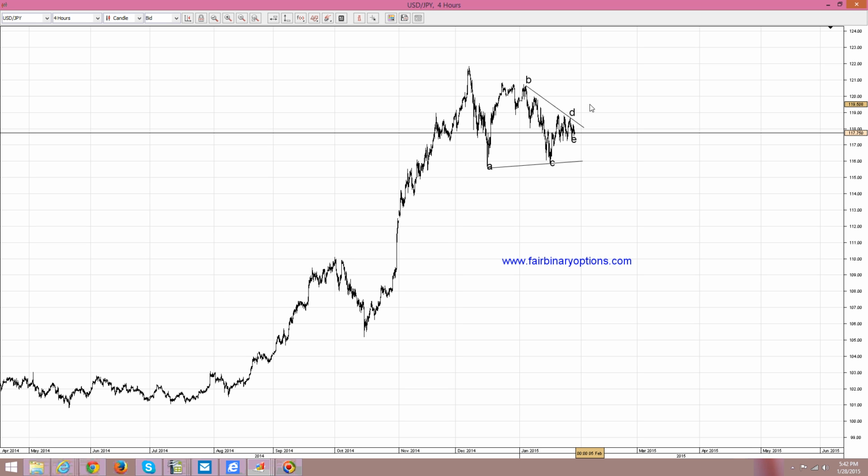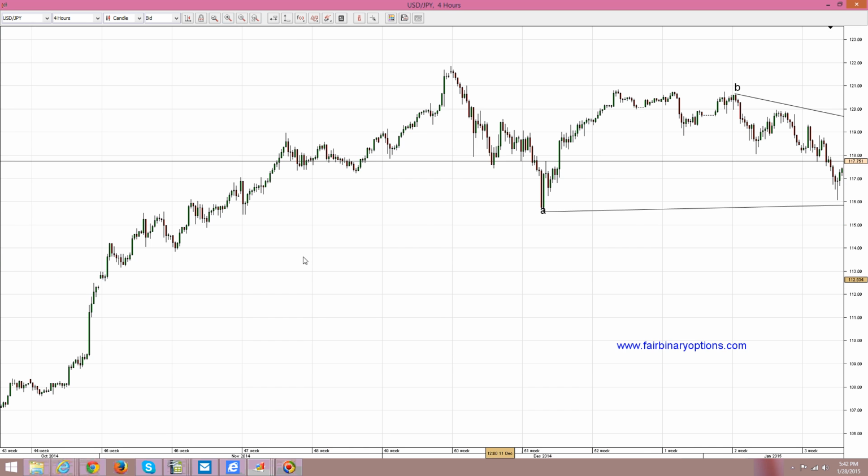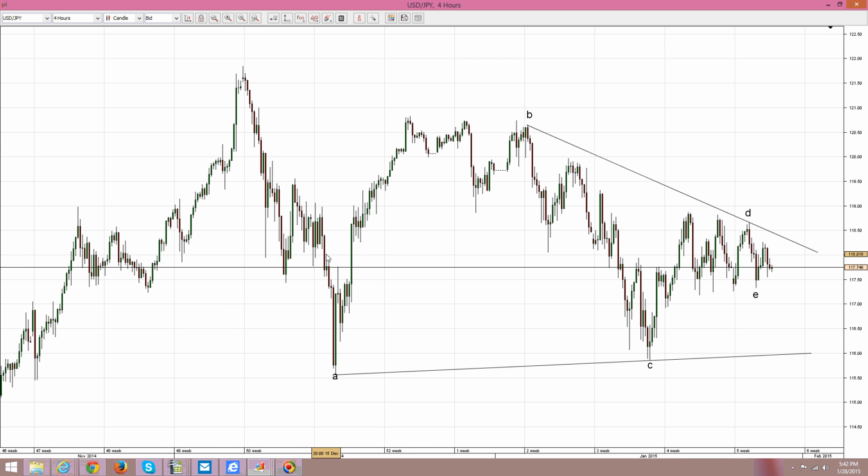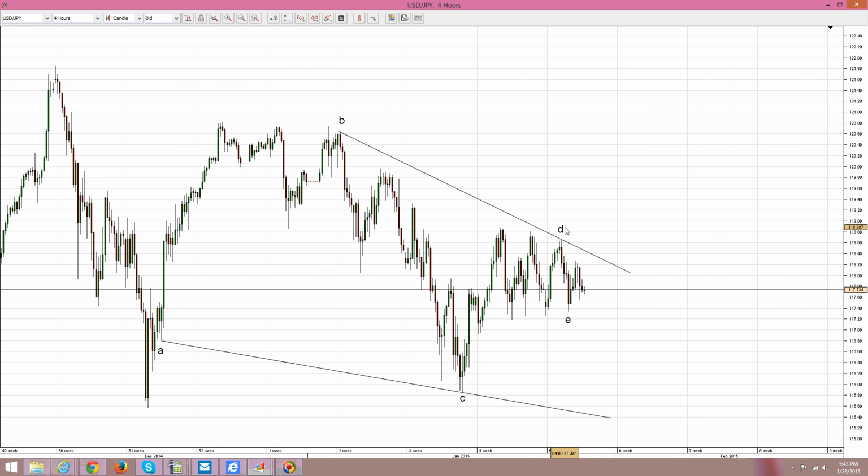The key stays with, let me zoom in a bit, the first wave here, as this first wave ends with a contracting triangle that acts as a reversal pattern, so on a lower degree, A, B, C, D, E. Now if you put this A and C trend line basically from here to here, so this to be wave A, B, C, it may very well mean that the D wave is not completed